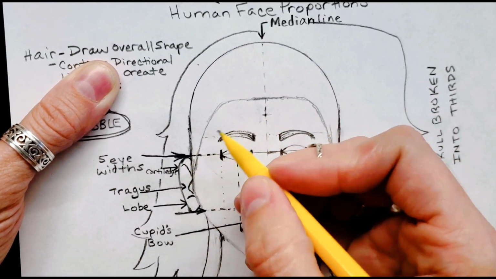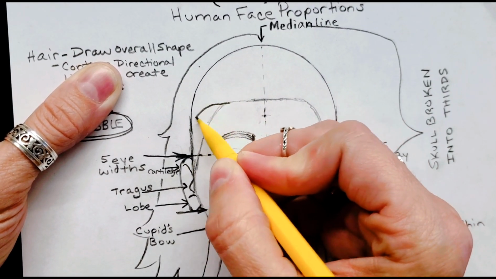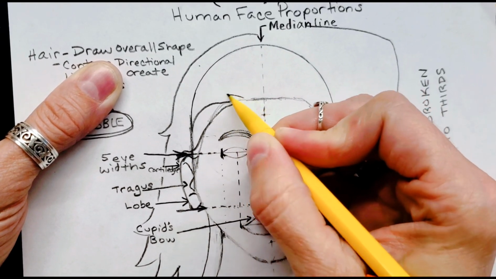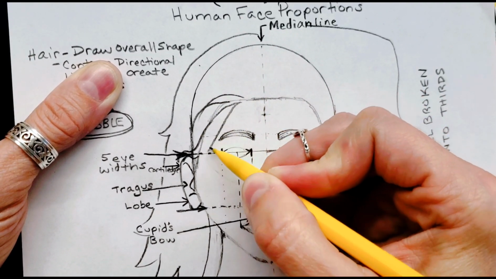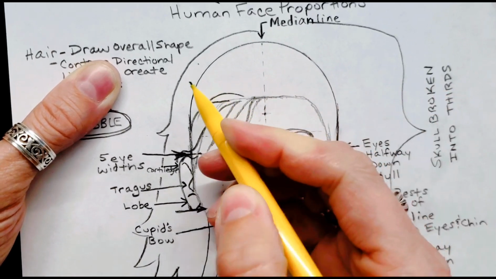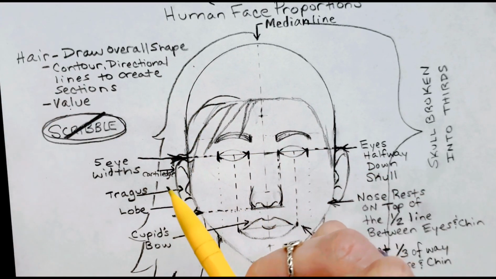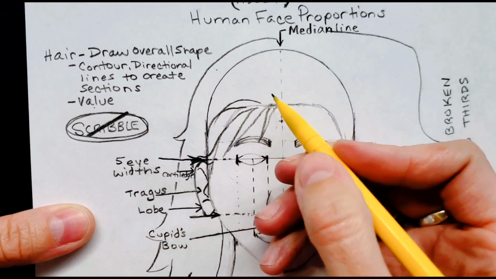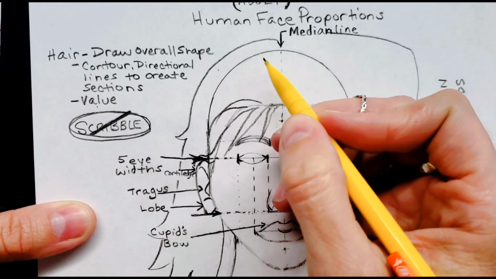And in the front of the hair, if you've got it where it's longer and it goes behind your ear, it might look like this. Sometimes people have hair that their bangs fall down in front. So notice how there's big chunks and sections. That's our next step, the contour and directional lines to create sections, because hair, no matter how short, falls in